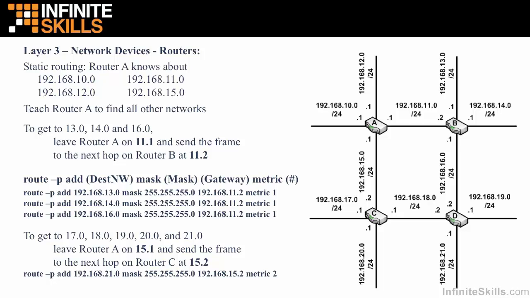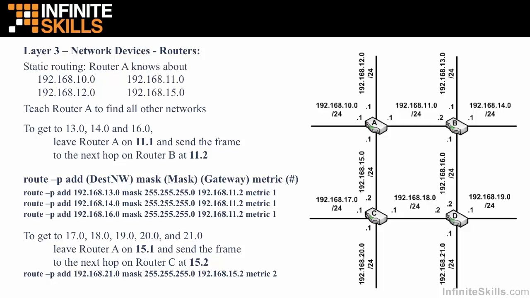So I can steer the traffic around that 11.0 network by adjusting the metric for the route mapping. As you can see, we've added mappings for the 14.0 network and the 16.0 network. All this is done on router A. I'd have to go to B and C and D to teach those routers about the networks that are not